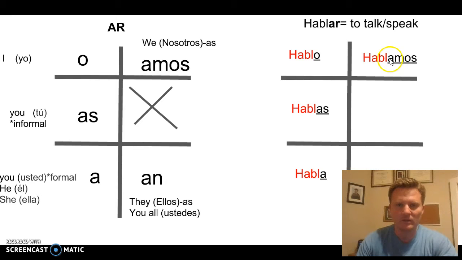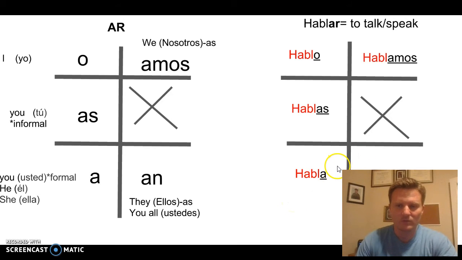Okay, so that would be nosotros hablamos, we speak or we talk. And then again, this one is not used. And then this last one, the word you're going to get is hablan. That could be they speak or talk, or it could be you all speak or talk, which would be ustedes